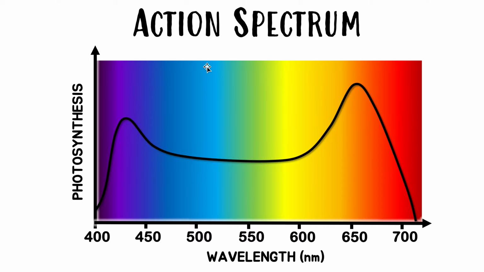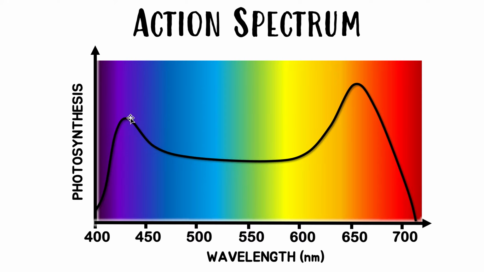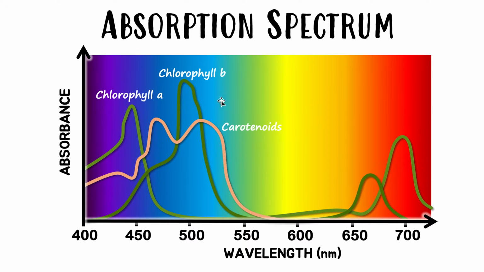Now here we have the action spectrum. Here we had the absorption spectrum showing which wavelengths are best absorbed by these specific photosynthetic pigments. Now the next slide shows you how well photosynthesis happens at each wavelength. Because most plants have these chlorophylls, at these wavelengths where the chlorophylls absorb a lot, these areas will have a lot of photosynthesis. So blue light will cause a lot of photosynthesis, and red light will cause a lot of photosynthesis. When you only give them green light, that will not lead to any photosynthesis.